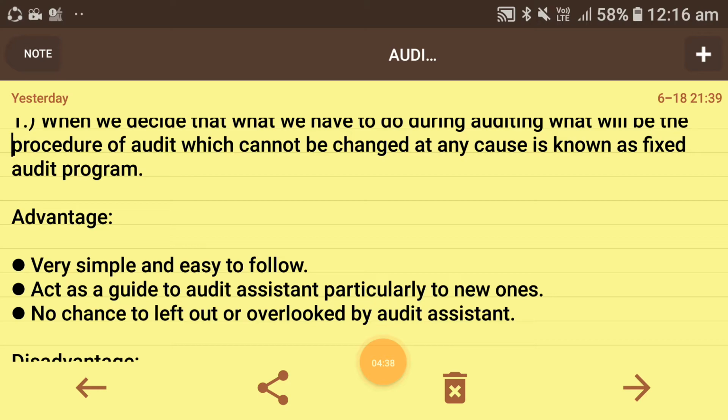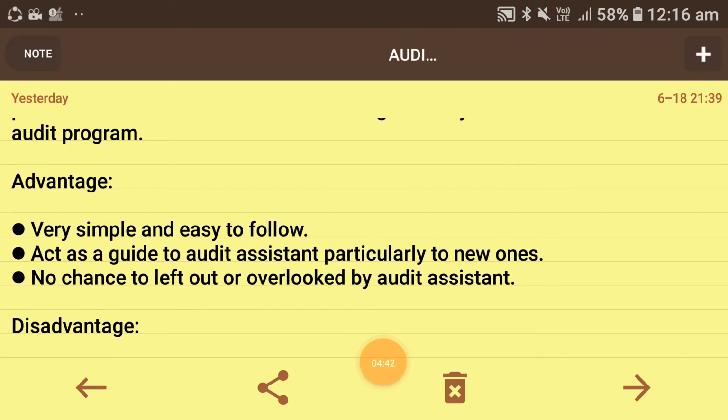Third, there is no chance of it being left out or overlooked by the audit assistant. Yes, there is no chance of it being left out, because audit assistants are very much concerned about the audit program. If we talk about the perfect definition of an audit program, it is to be classified that when we